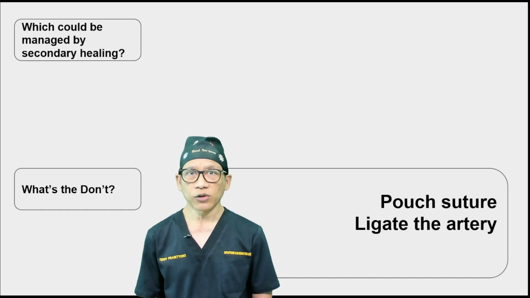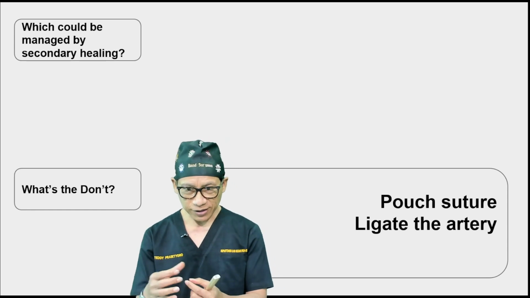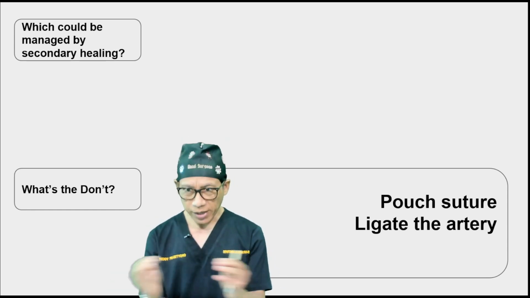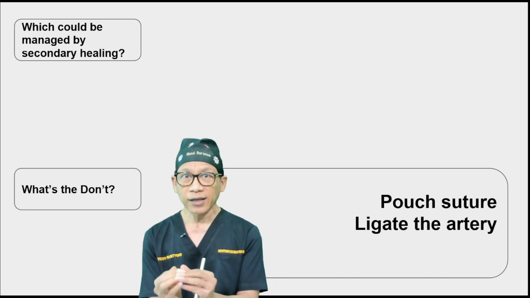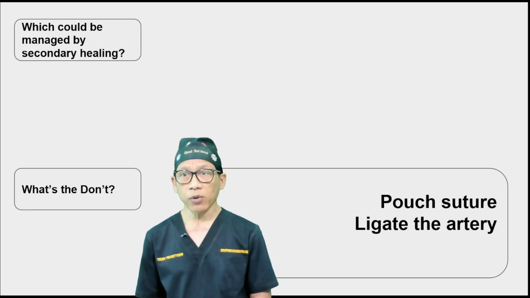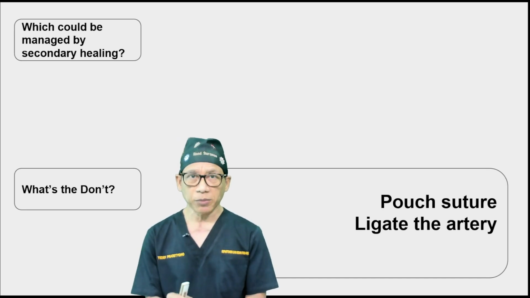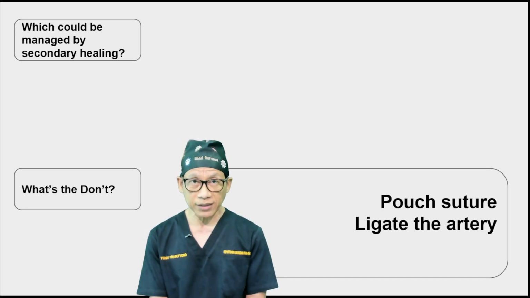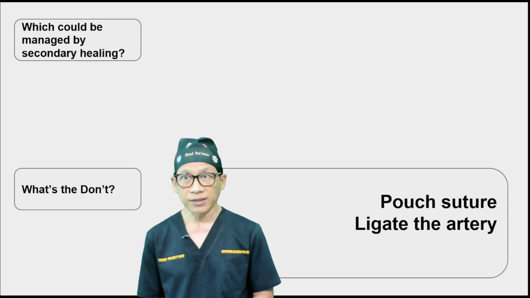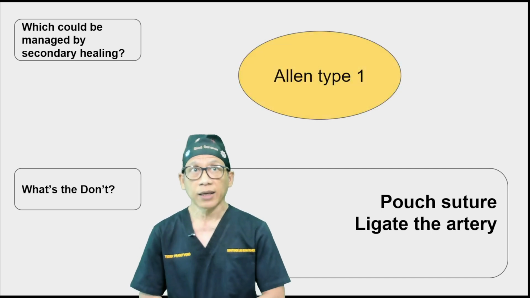Do not just create purse-string sutures, closing it like a pouch, just stitching it to make the wound closer together, because that could be improper. And of course, the other point is not to ligate the artery. So you just need to stop the bleeding gently by pressing or with a bit of compression bandage. That could also help the surgeons to deal with the reconstruction later on.